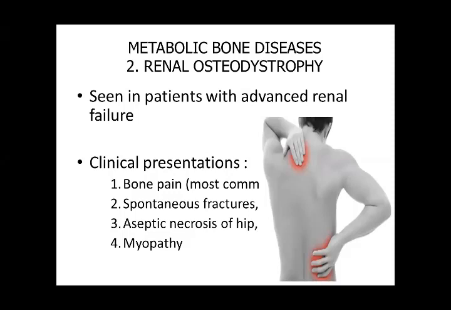Clinical presentation is bone pain, the most common presentation, spontaneous fractures, aseptic necrosis of the hip, and myopathy. Myopathy means there is a lot of muscle pain that accompanies the bone pain. Spontaneous fracture occurs because patients with renal disease develop osteoporosis. And then there is aseptic necrosis of